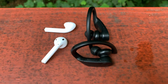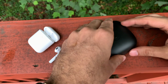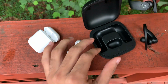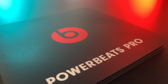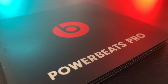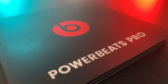Sound-wise, they are very similar to AirPods Pro but do not support active noise cancellation, but achieve a similar effect with noise isolation thanks to the in-ear design. The volume doesn't get as loud as I'd like, again, but maybe I'm just deaf, but I do love my music very loud. However, the audio is very well balanced, and gone are the days when Beats was known for having terrible, muddy, overly extra bass. The bass is better on these than the AirPods Pro in my opinion, and sound-wise, I think are superior to AirPods Pro. Apple has done a tremendous job in shaping the Beats brand into a powerhouse when it comes to